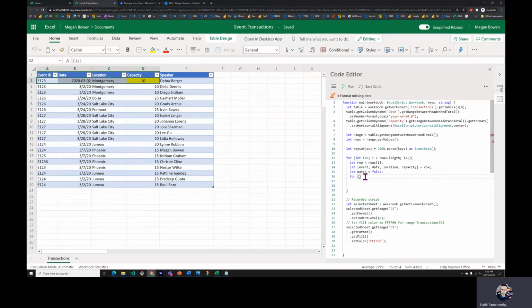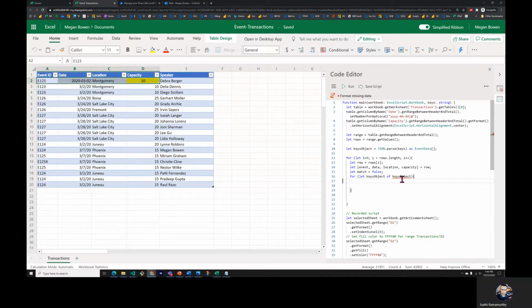So I'm going to say for each key object of key objects, so that means for each event